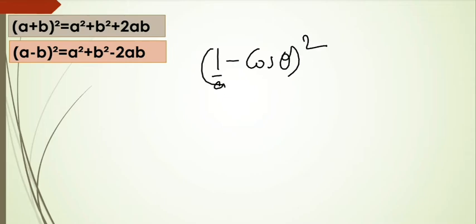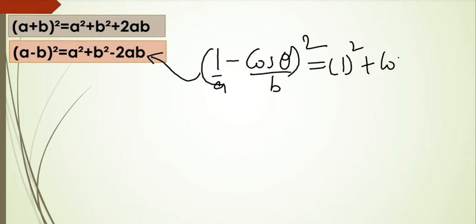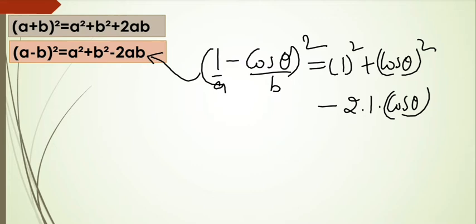And see the other identity. (a minus b) whole square is equal to a square plus b square minus 2ab. So if there is any problem like 1 minus cos theta whole square, just observe that a is nothing but 1 and b is nothing but cos theta. Like this we get some problems, so we have to compare with a and b. This is in this format, so we use this identity, where a is equal to 1 and b is equal to cos theta. So this can be expanded as a square, that is 1 square, plus b square, that is cos theta whole square, minus 2ab, that is minus 2 into 1 into cos theta. Just like this we have to practice and do the problems. Okay,